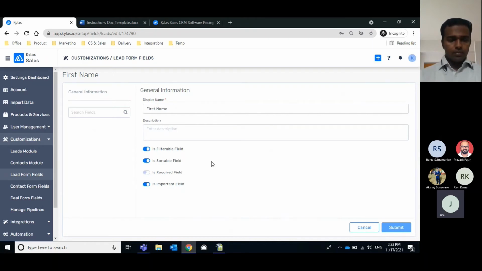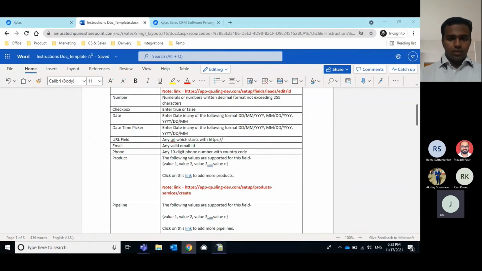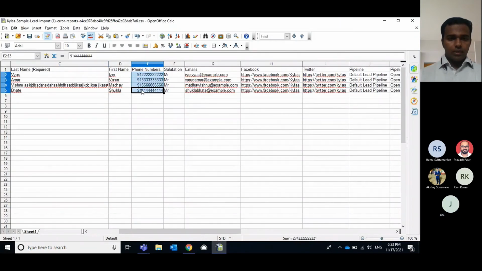And phone number is a text field. It is not a number field, right? Yeah, so it's in the format +91. That is the country code plus the number together has to be uploaded. Without the plus it will give you an error, so while processing this data in the Excel file, you have to convert it into a text field and add a plus to the number, +91 if it's an Indian number.